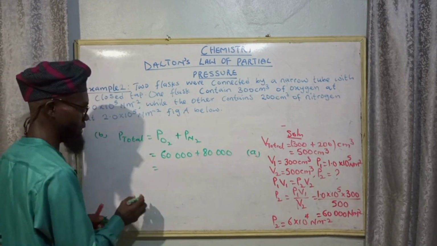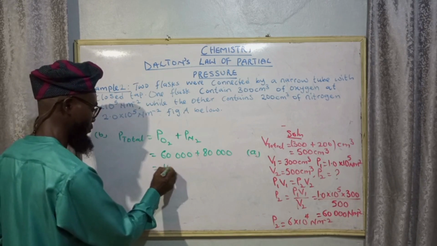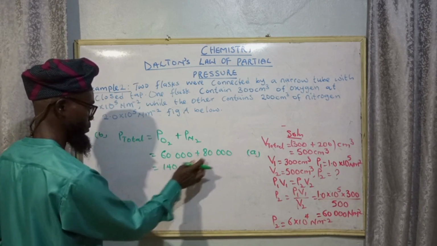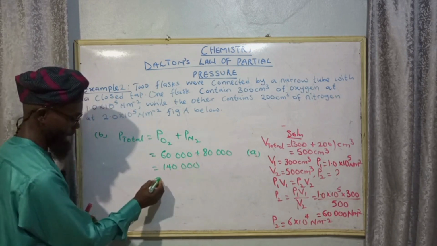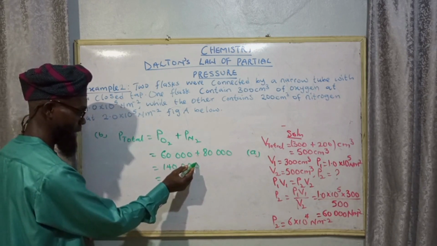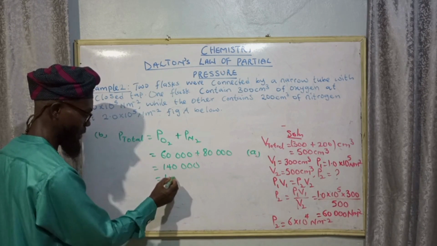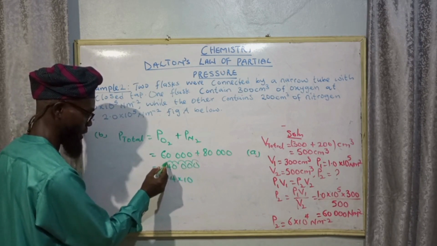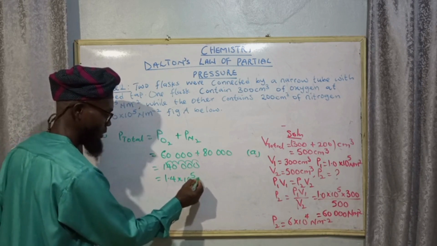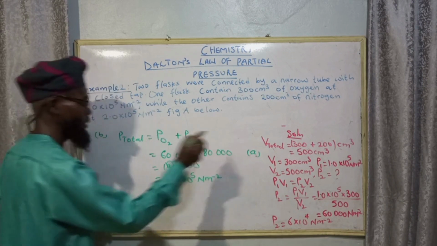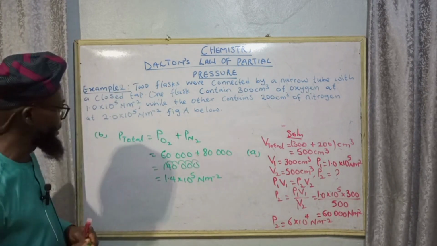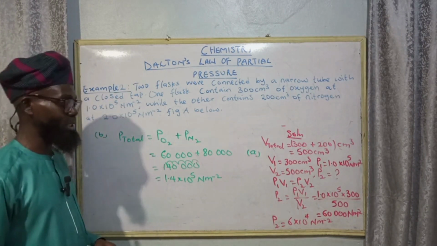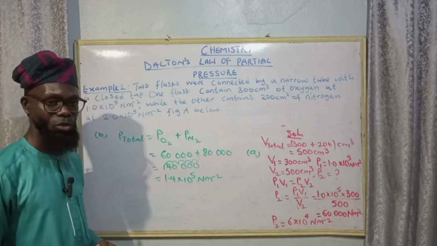When you sum this up, we have 140,000, that is 1.4 times 10 to the power 5 Newton per meter square. So this is how to apply Dalton's law of partial pressure in the calculation of gas